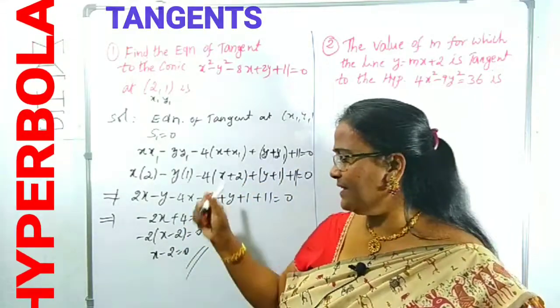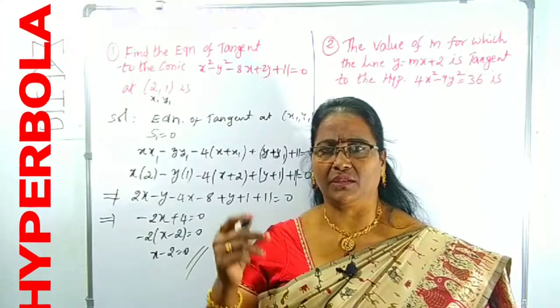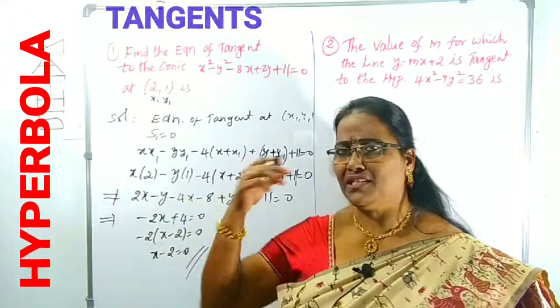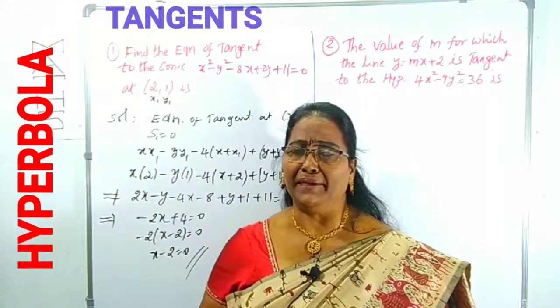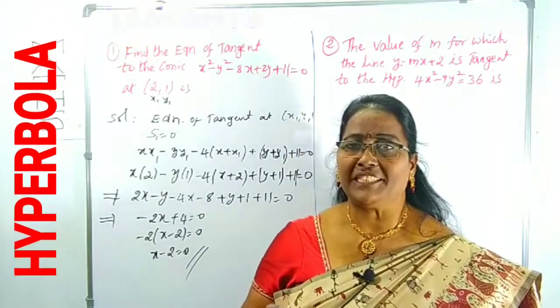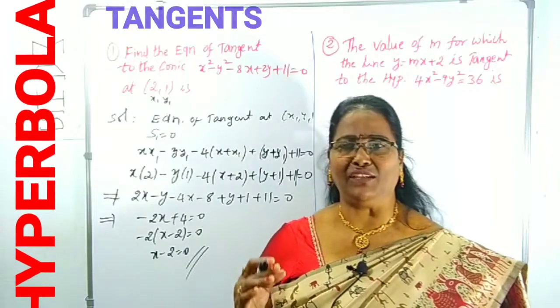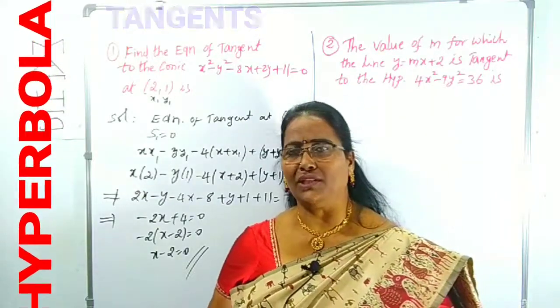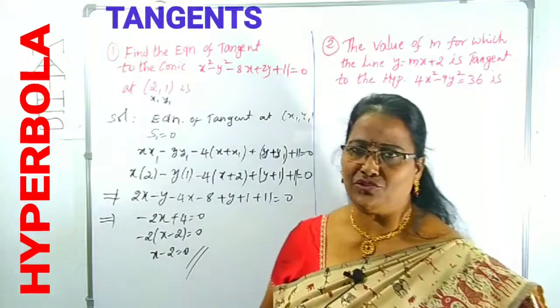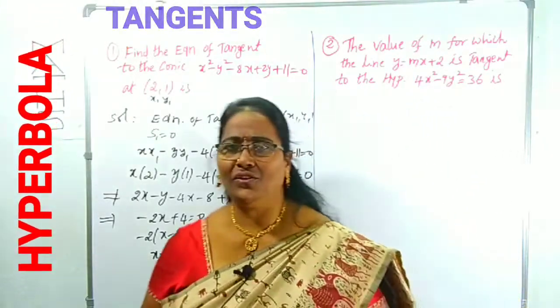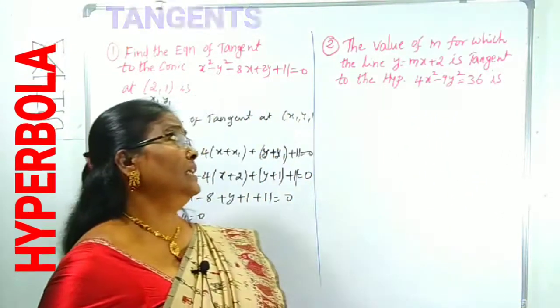Like this. This calculation part you can minimize, because some steps you can calculate in your mind. In case of objective type, steps are not important. For that you have to practice frequently, confidently, so then only we can get quick solutions. Clear? Right. Now look at the next question.